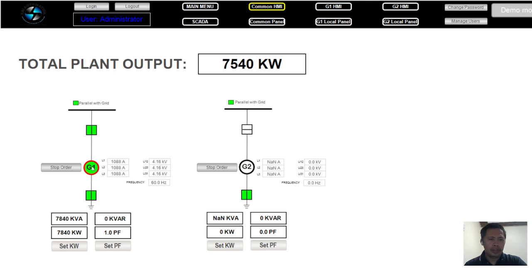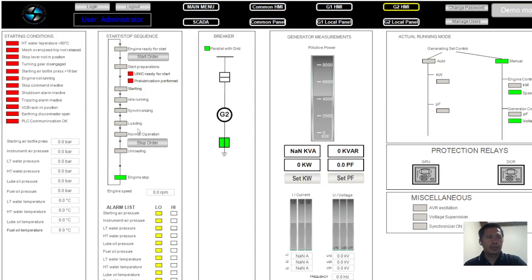We can also see the command HMI. We can see that G1 is already at maximum load, and generator 2 is in standby mode. So now we will synchronize generator 2. To prepare generator 2, all the starting conditions must be met first prior to starting the engine. So assuming this